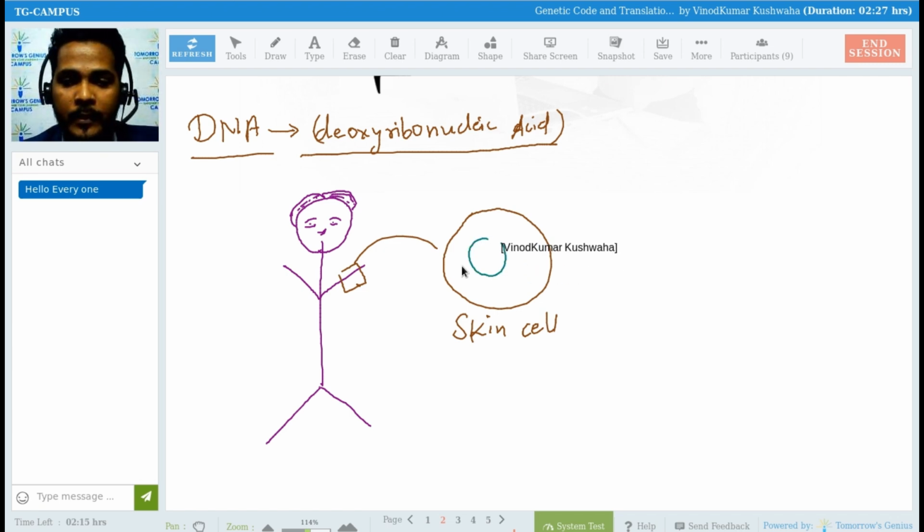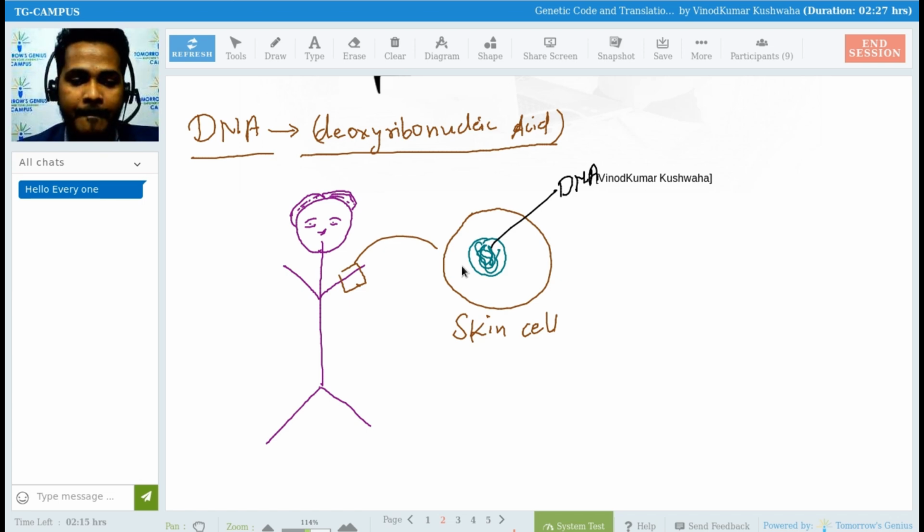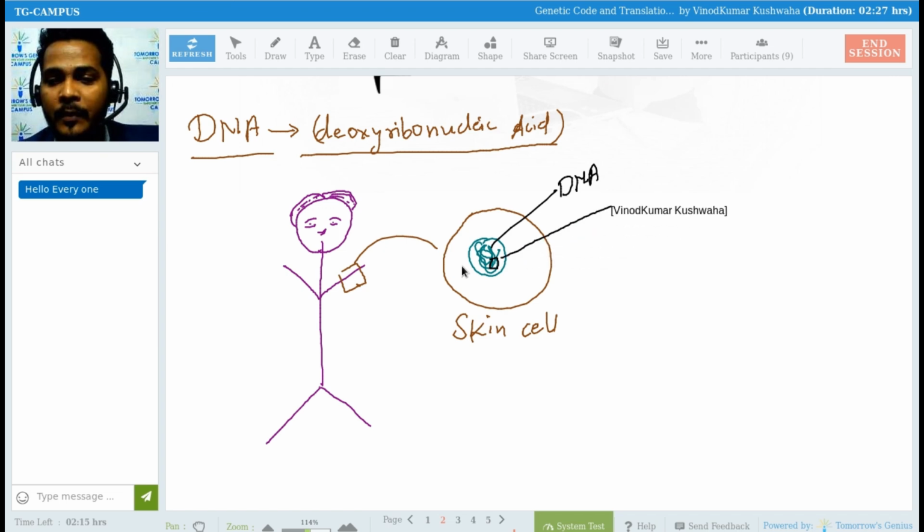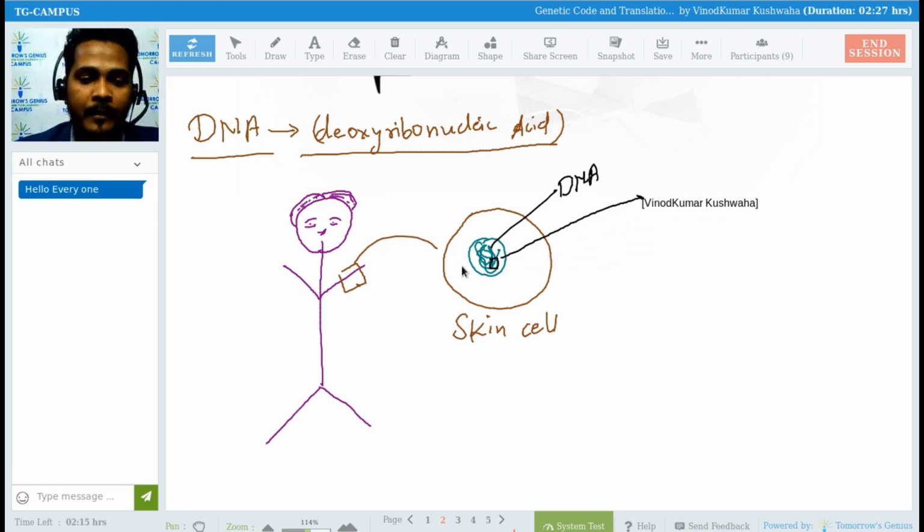At the central portion, the nucleus is there. Inside there is DNA. Yes or no? So inside DNA, right? And the small section of this, when you observe, you will get the structure of typical DNA, like,